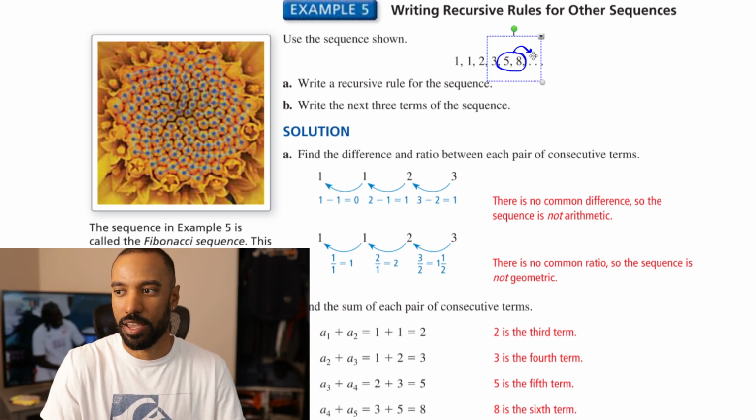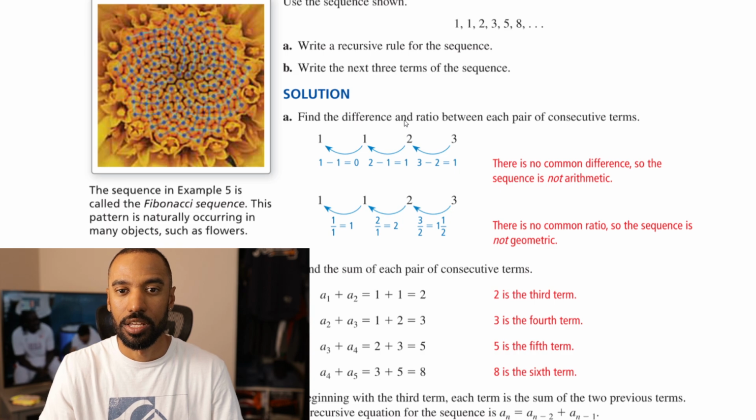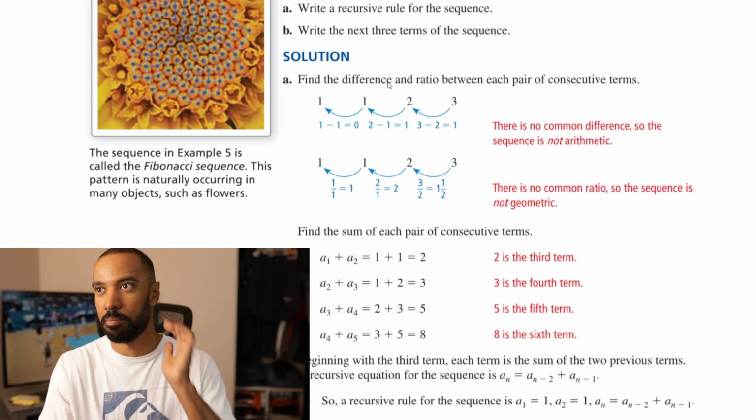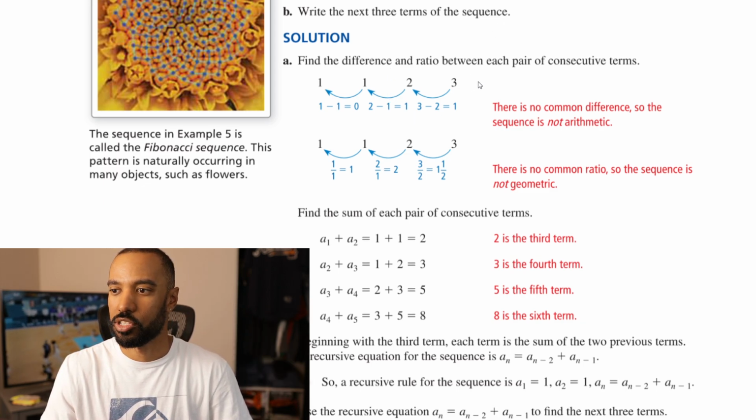It seems that to find the value of some next term, it takes the value of the two terms before it. So if a sub n minus 1 is the value of the term before it, then a sub n minus 2 is the value two terms before it. So if I want to write out a sequence from here,